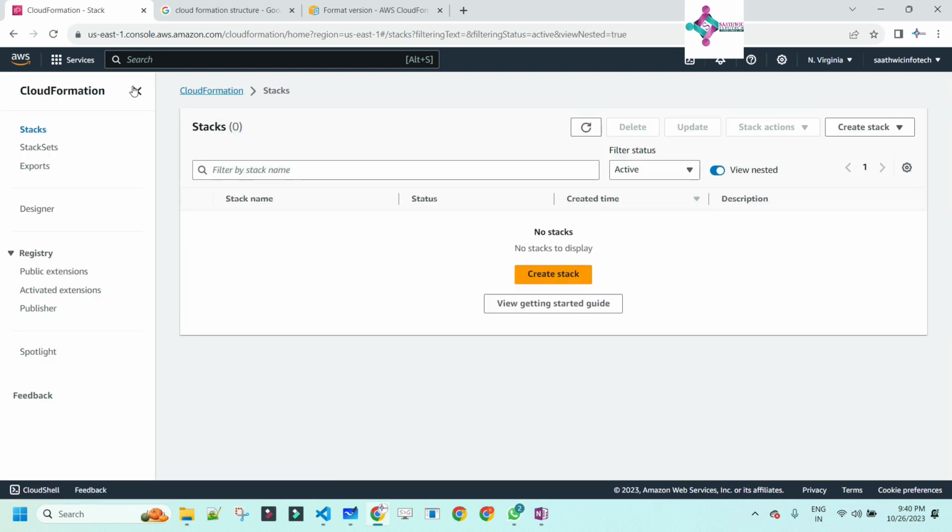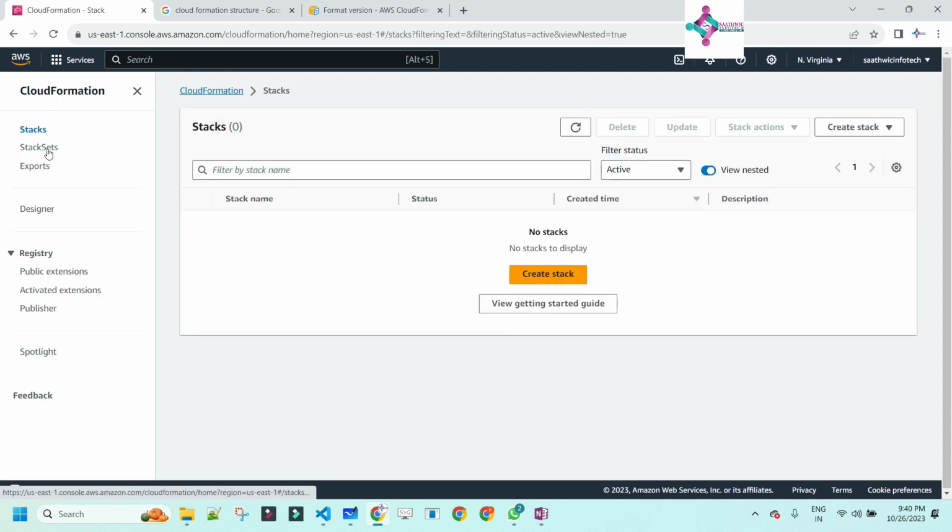Okay, when I go to the CloudFormation service, I see stacks, stack sets, exports, designer, and registry, which you don't need to use. Before we discuss all these things,